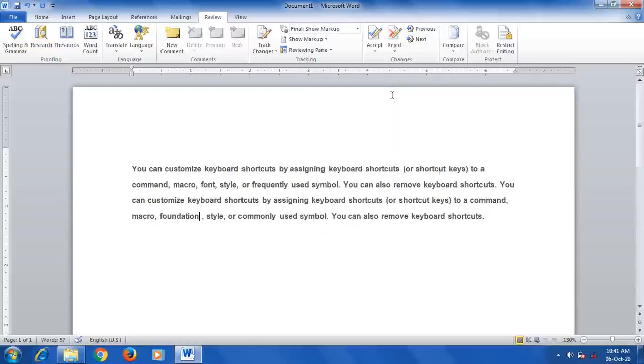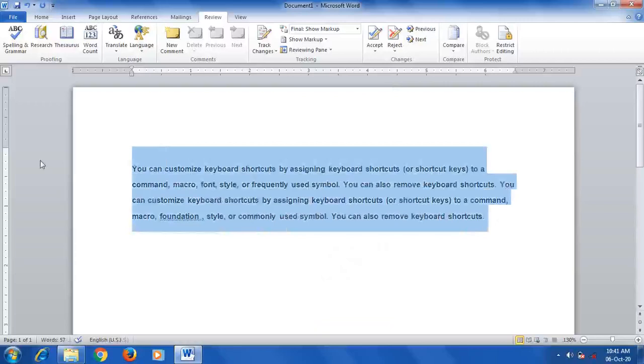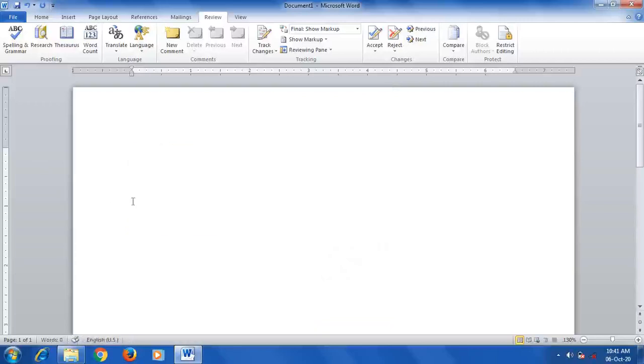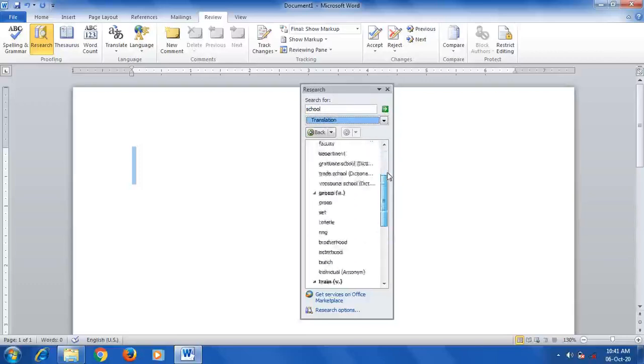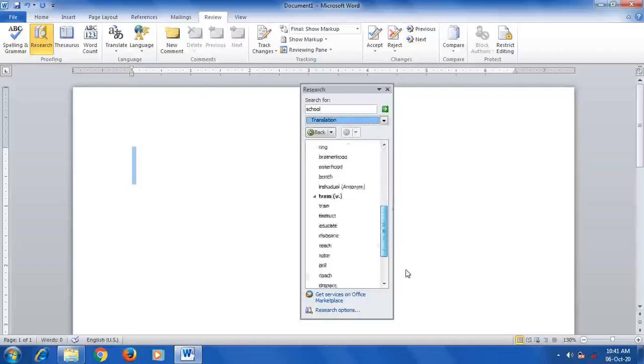or directly see the meaning. For example, if you don't have anything here and you want the meaning of any word, just open Thesaurus. In the search box, just type it. For example, school. What is the meaning of school? Just click on it. These are the synonyms, similar meanings of school. You can scroll down.